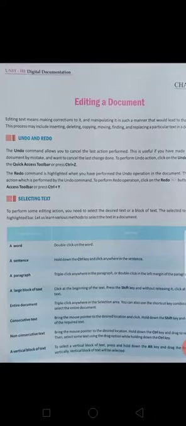Ninth class, we are reading Part B, Unit 2, Digital Documentation. In digital documentation we had written how to open a new page in MS Word, how to print it, how to close it. But now we are reading how to work on it. So our new topic is editing a document.